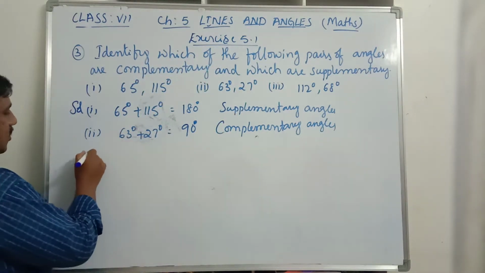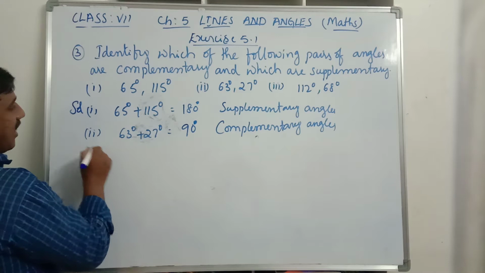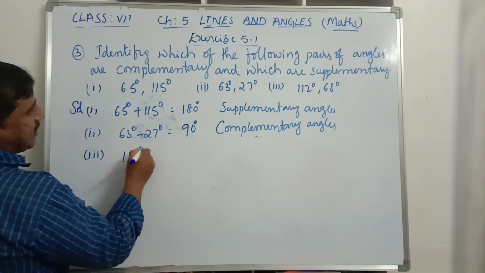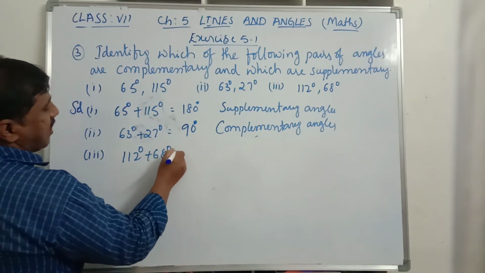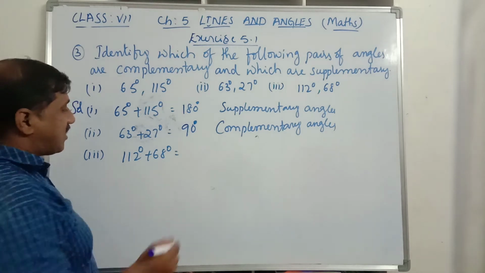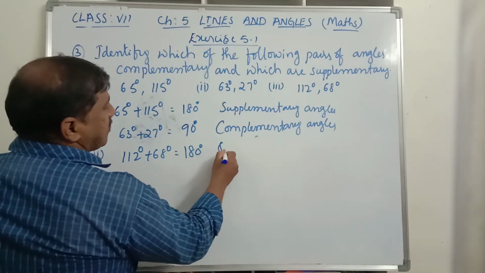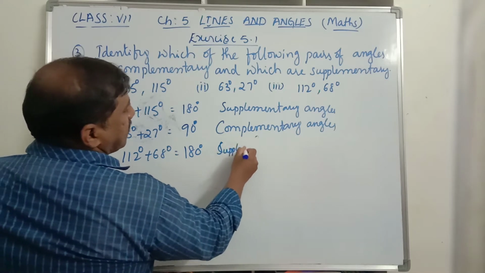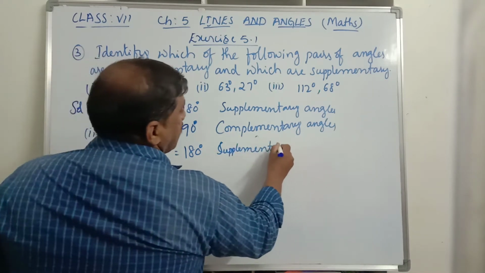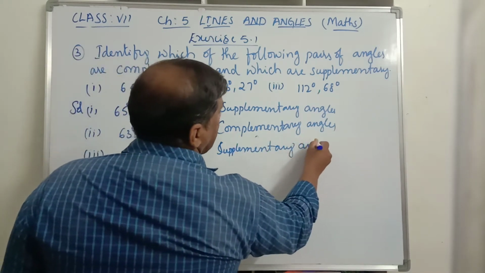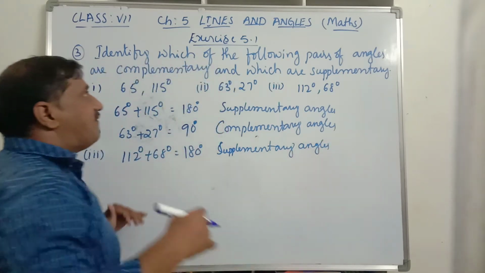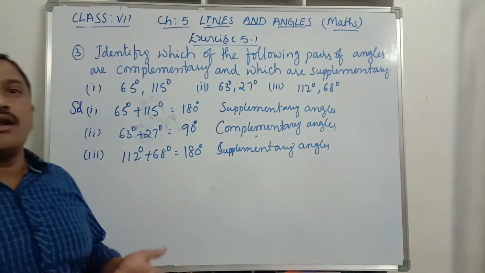Now the third question: we have a pair of angles, 112 degrees plus 68 degrees. By adding these, 112 plus 68 is again 180 degrees. So this pair is supplementary angles. Like this we will identify the given pairs of angles whether they are complementary angles or supplementary